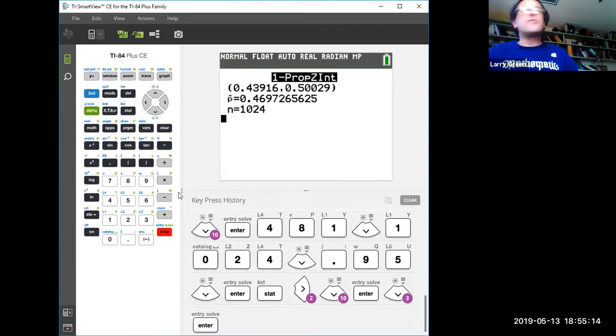Okay. So notice the margin of error is actually 3%, plus or minus 3%, not 4%. But it still might be a majority, but very slightly above. Do you see that? With 95% confidence, because that's 0.50029, a little bit over 50%. Okay, it's more likely to not be a majority. But either way, Gallup didn't get it right. Any questions on this example?